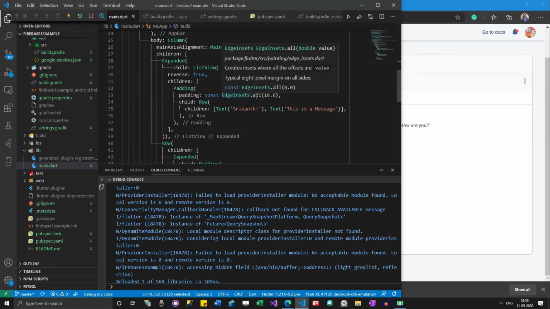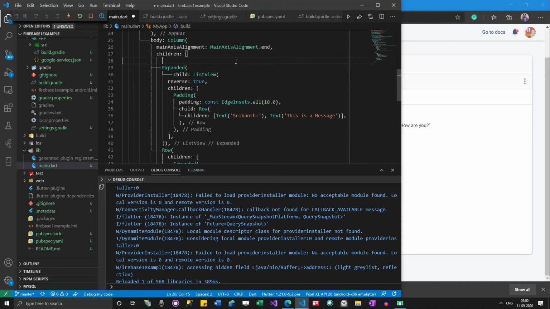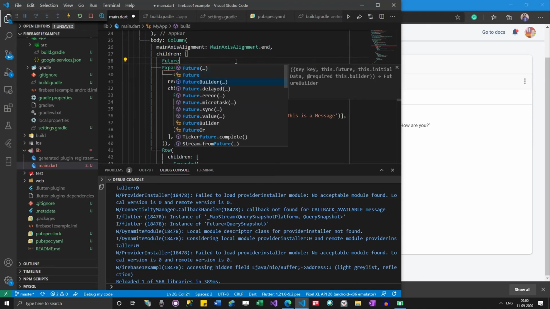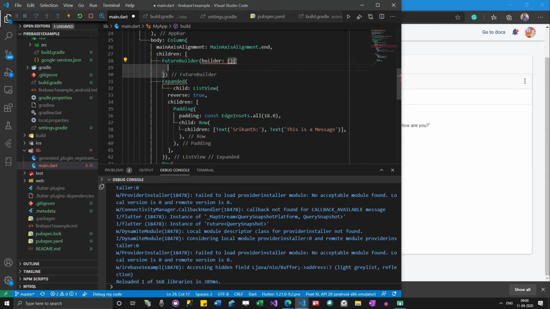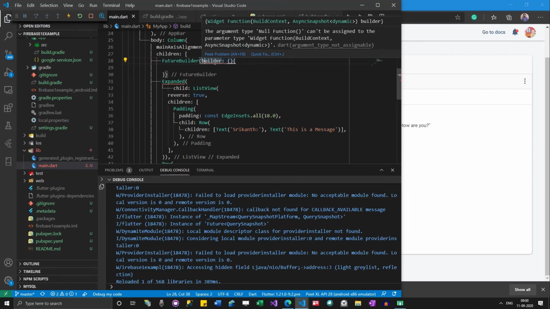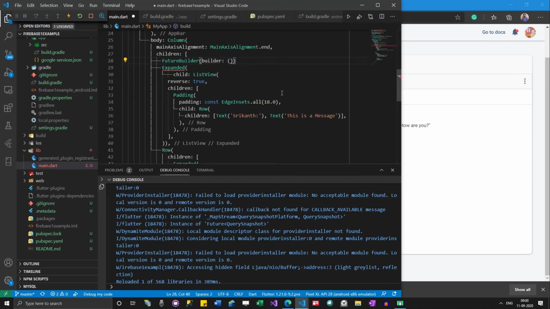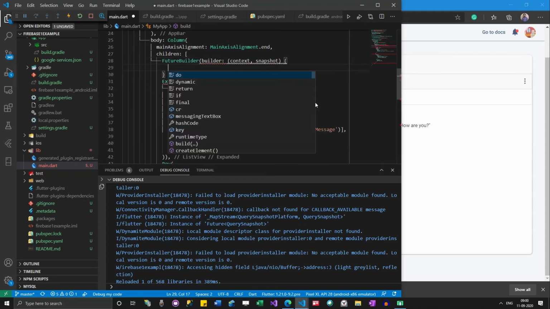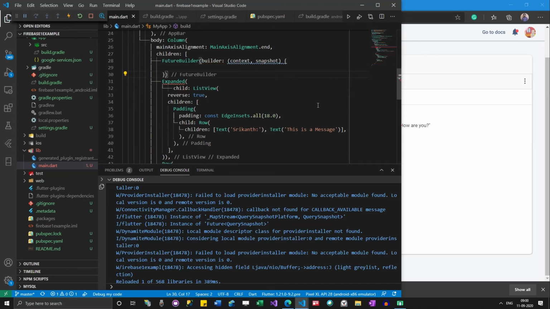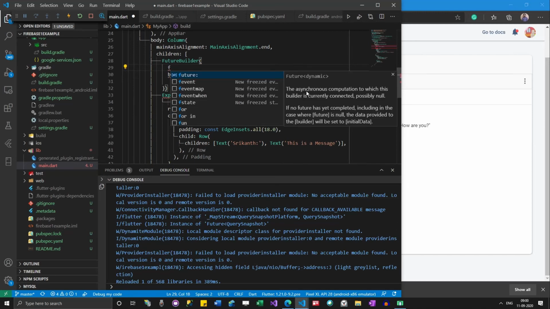For that, I need to use a FutureBuilder. Let me go here and use FutureBuilder, and then I need to pass the future here.